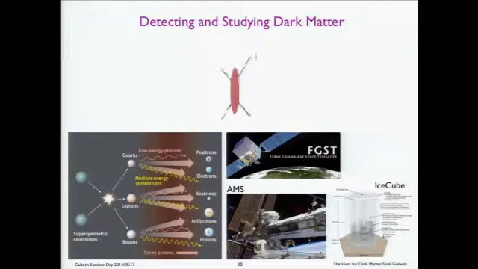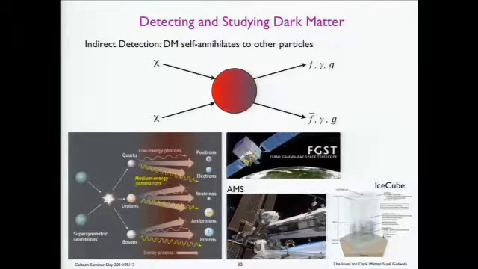Another way you can do it is take that diagram and turn it around. So now you take dark matter and run it into itself, and it produces stuff. That stuff might be electrons, it might be muons, it might be gamma rays, it might be gluons, it might be all kinds of things. And this actual process has to happen in the early universe in order for the dark matter to exist. There has to be creation of dark matter and annihilation of dark matter in the early universe. So we actually have pretty good predictions for what the amplitude of this, the rate of this kind of effect